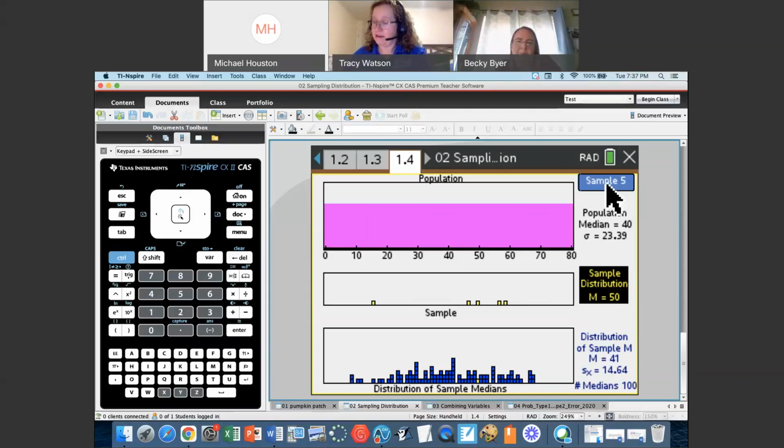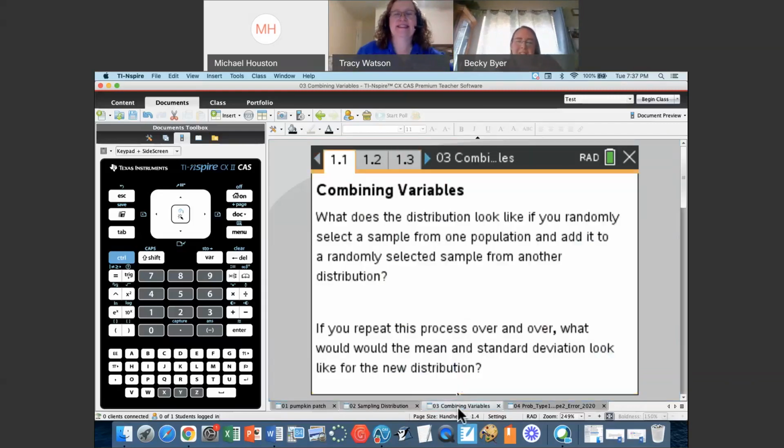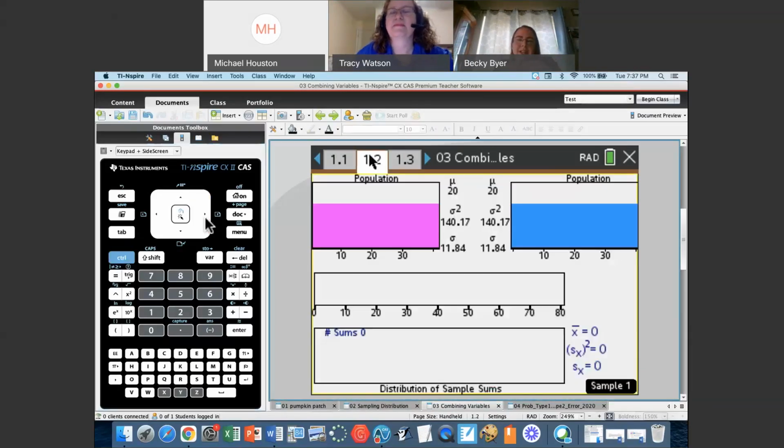Okay, I think we're ready to move on to simulations number 3. All right, so now that we've done sampling distributions for one population, I wonder what it looks like if you have two populations and you take a sample from one and a sample from the other and maybe add those together. You'll notice the layout of this one looks really similar. We have that nice magenta color on the left-hand side, that's a nice uniform distribution. But we're going to take one and only one sample from that population, and we're going to partner it with a sample from the blue population on the right.